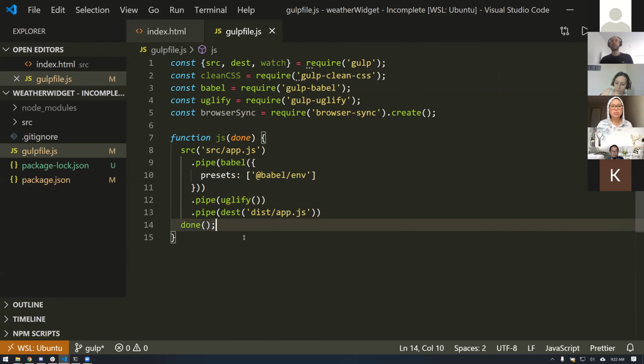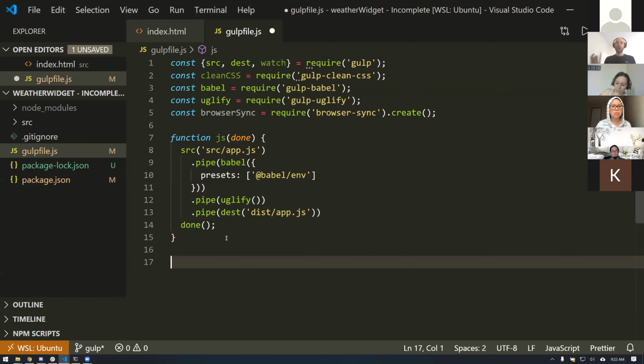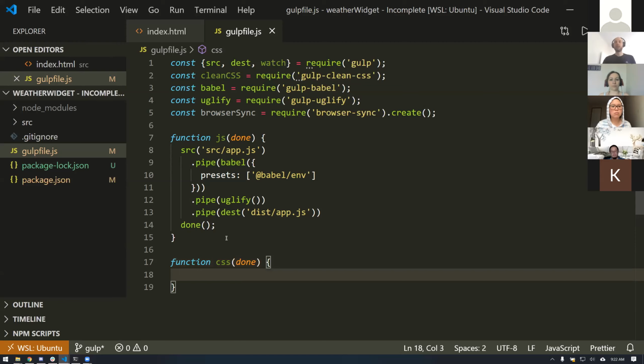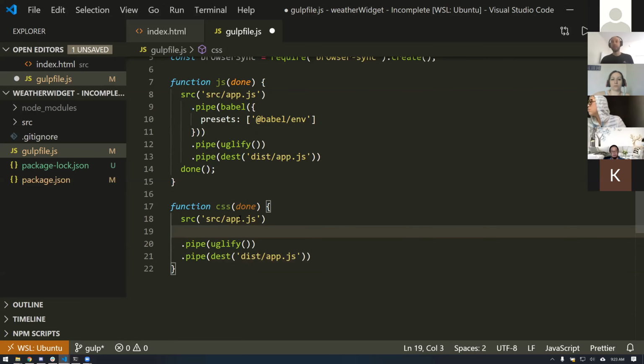Okay, before we take it out. So we're grabbing our JavaScript, putting it through Babel, putting it through Uglify, dropping it off in the destination, and we're done. Okay. We'll do the same thing with our CSS. Okay, so done. And I'll pretty much just copy this, even though it's got a little bit more than I need. Instead of picking up our